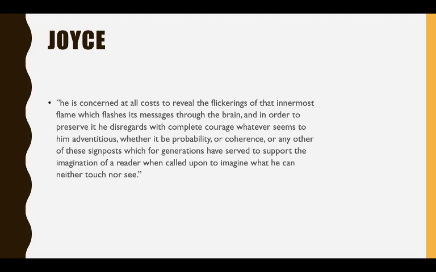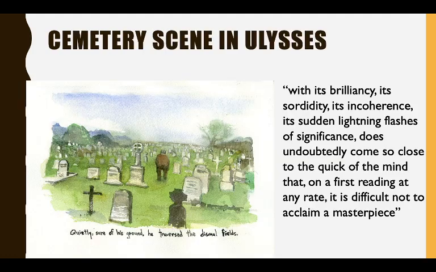But these elements are completely avoided by James Joyce. He shows the courage to completely avoid these elements, and he just reveals the flickerings of the innermost flame. And here she particularly mentions the cemetery scene in Ulysses. She says that with its brilliancy, its solidity, its incoherence, its sudden lightning flashes of significance, it does undoubtedly come so close to the quick of the mind that on a first reading at any rate it is difficult not to